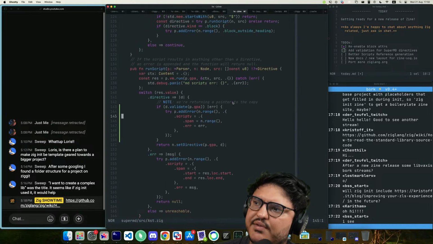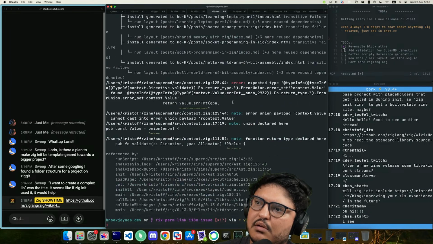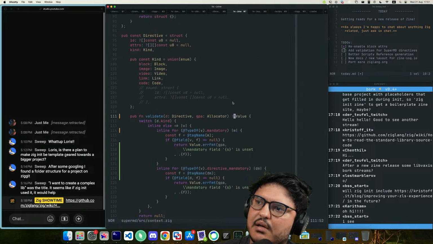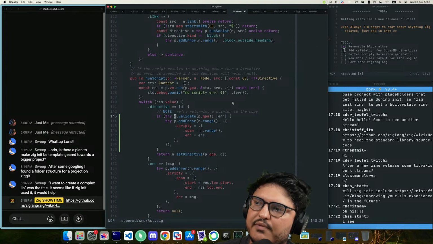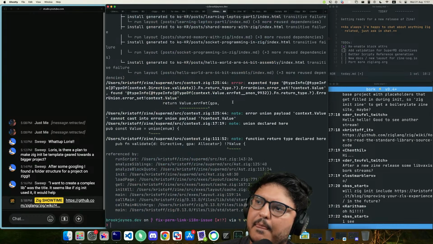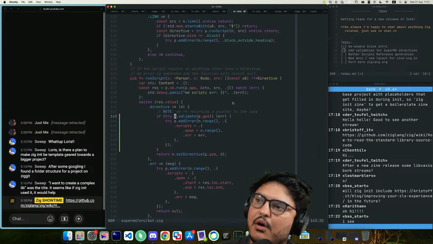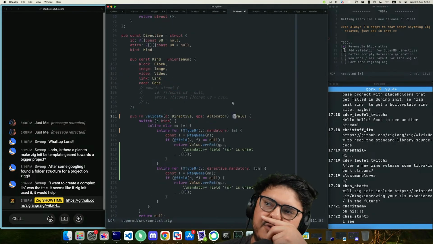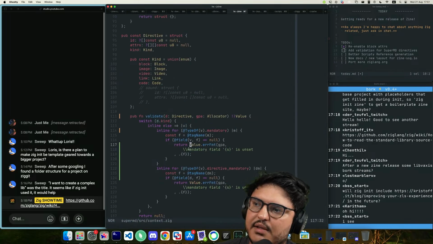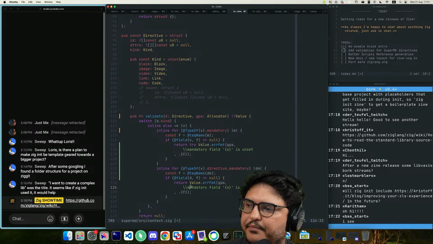And then in AST, yeah, we need to try the validation. That's fine. Now the problem is that... oh, actually, what the fuck is the problem now, man? Oh, the problem is that this is not... I need to try also in here because this is an error union of a value, not an error union of an optional value. So I need to try to